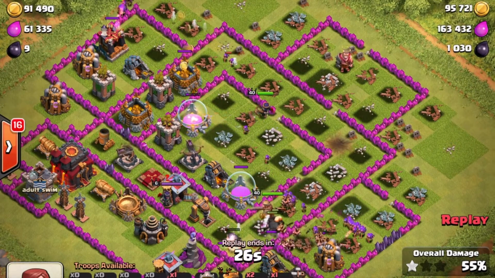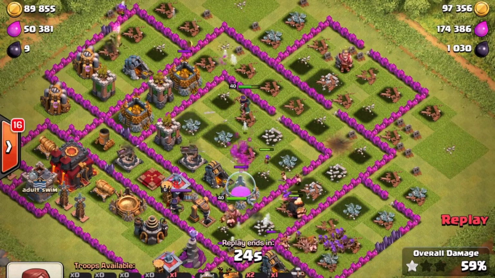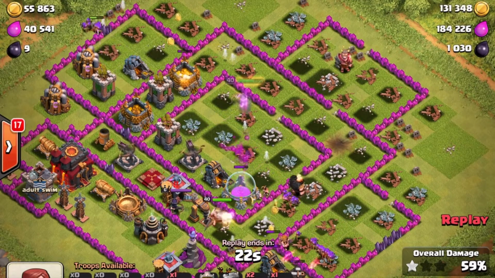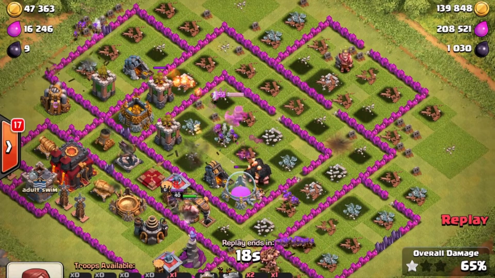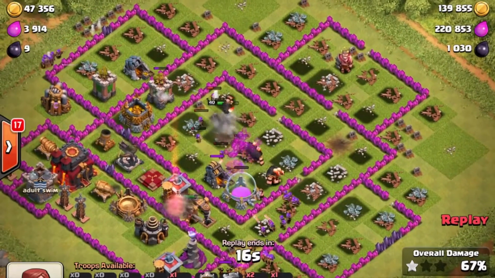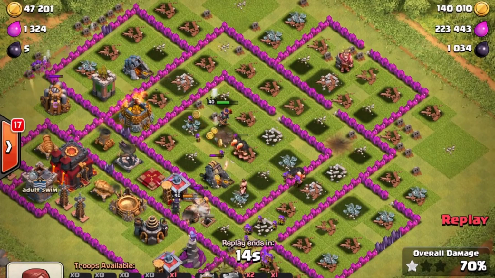My heroes are just going to town on these lower level defenses. There's really no stopping them at this point, so they're just going to shoot through, take out those nice storages, fill up nice loot,